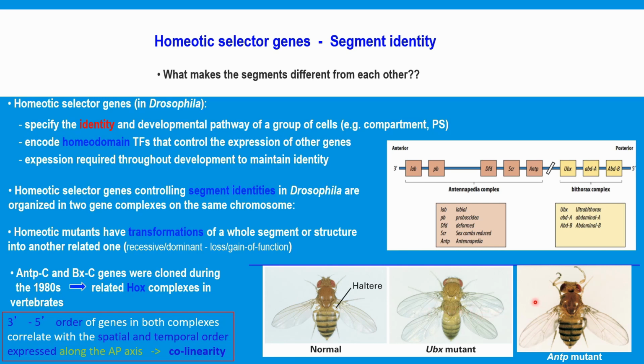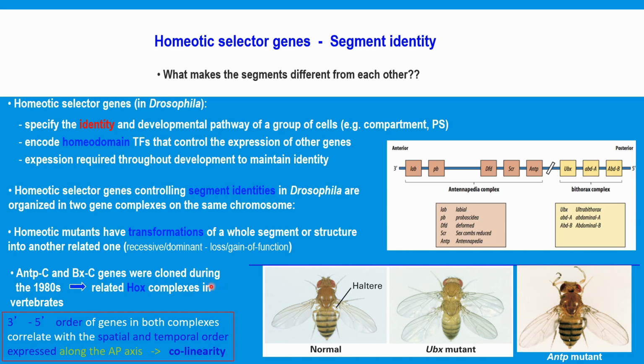And then we have Antennapedia, which is important for the development of antennae in the head, and in mutants the antennae develop into legs instead. These were cloned in the 80s and found to be related to the Hox complexes in vertebrates. And one of the